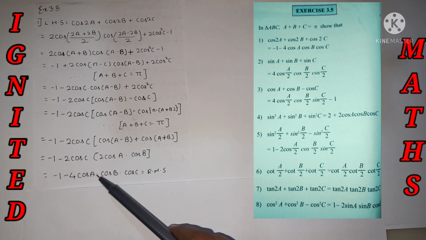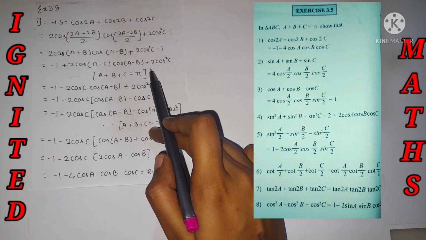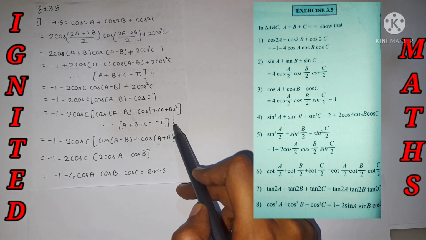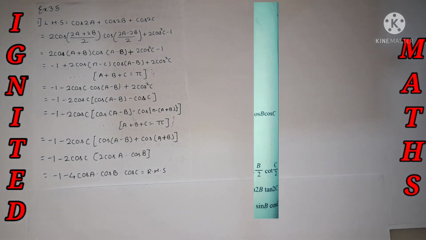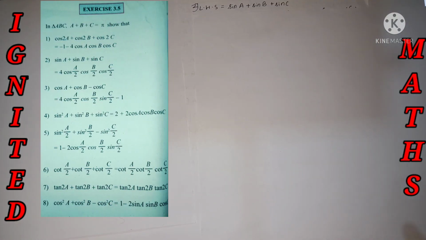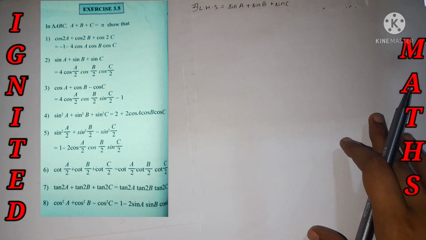We'll do the multiplication with each and every term. That is nothing but the RHS value. This is how we need to find it. Over here we have used the area of the triangle also. With that help we can find it. For the second sub question, again I have taken the LHS value. Let's prove it to the RHS.